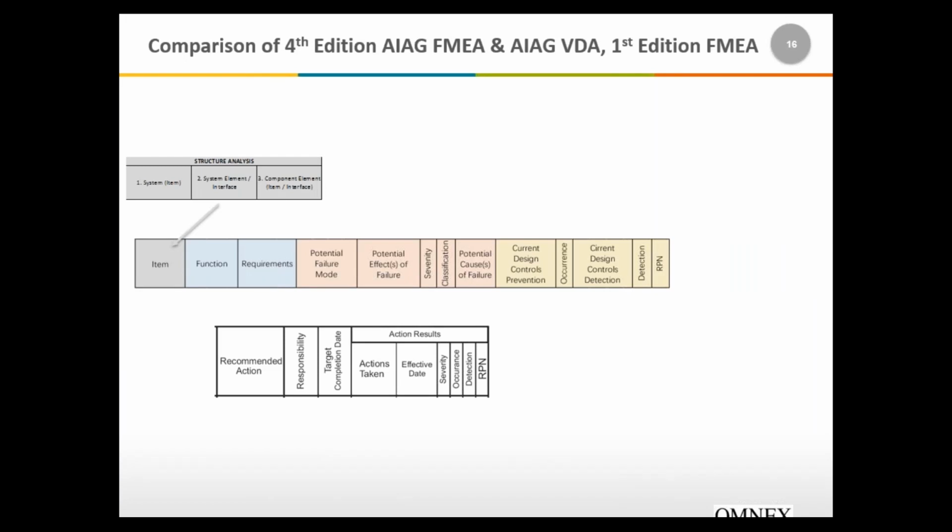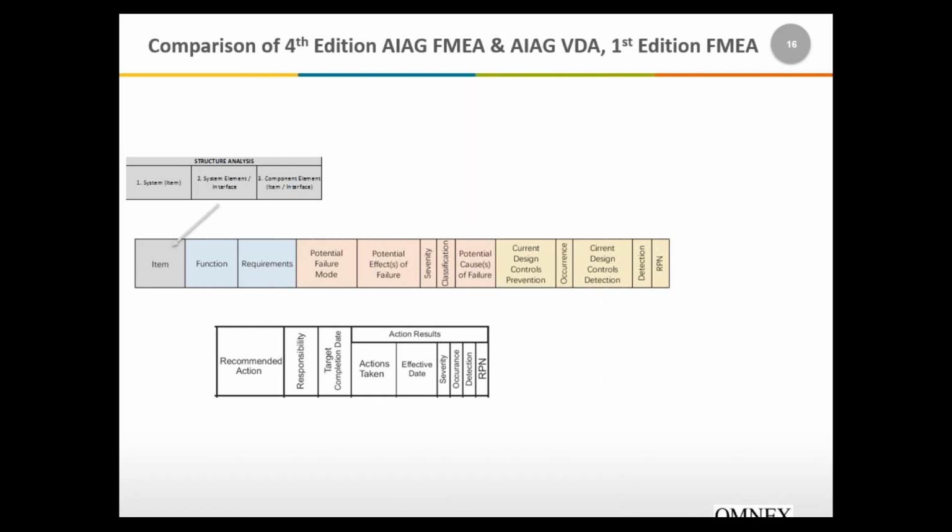We have the item. What do we have now? This item now is broken. Actually, you can think of it as three items, but still the focus element, we call it the focus element, is the one in the middle. And then we say on the left-hand side is a higher level element, and to the right-hand side is a lower level element. Now I have to say, if you're going to do a bill of materials that is 4, 5, 6 deep,